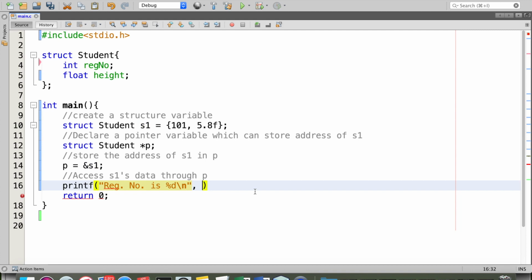Then through the structure pointer variable, after the pointer variable name, we have to use an operator called arrow operator. It is a combination of hyphen and greater than symbol, then followed by member name, that is register number.